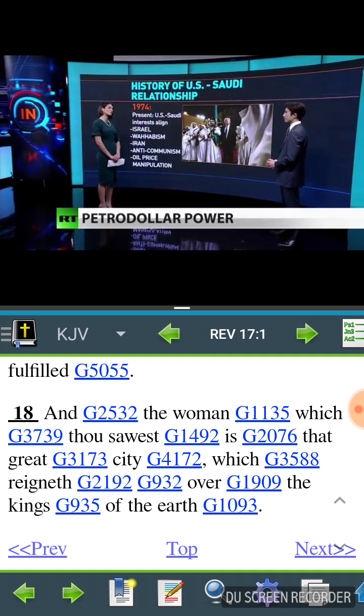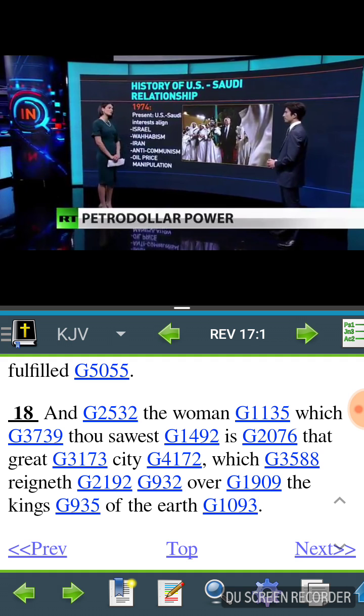What great city? Babylon, man. Babylon the Great. All right, the daughter of Babylon, which reigneth over the kings of the earth, man. All right, so right now, pretty much America, after the world wars, became the king of the earth, man, because they had all the gold and the dollar was backed by gold. And now